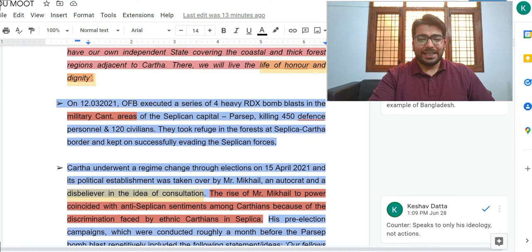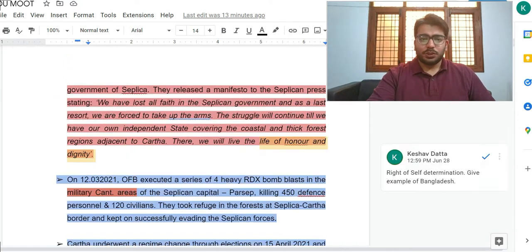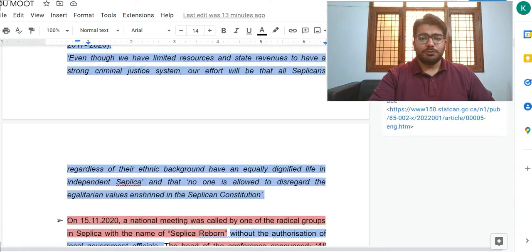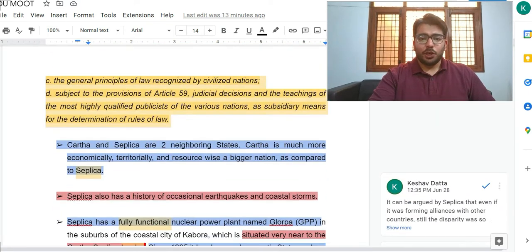As you can see, by way of example, in this paragraph there are certain lines which are highlighted in yellow, certain in blue, and certain in red. So that is the color scheme that I have chosen for my discussion. The yellow one means that it is a neutral fact. For example, these two are so and so countries, so this fact is not going in favor of any person, so therefore it is a neutral fact and is highlighted as yellow.